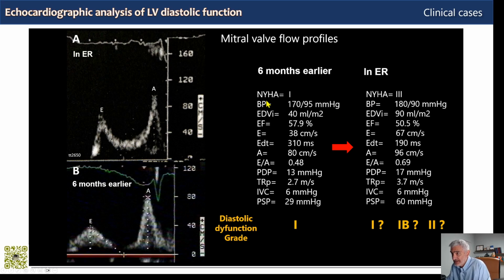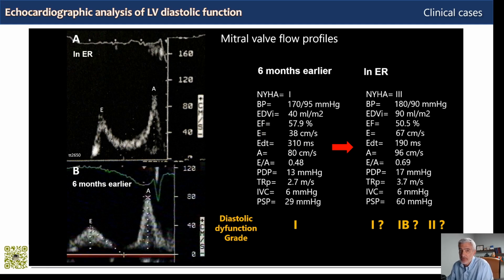New York Heart Association is class 1; 6 months earlier he was asymptomatic and now he is dyspneic. So blood pressure, which is the afterload of the left ventricle, is mostly unchanged. The end diastolic volume index 6 months earlier was 40, which was normal, and now it has more than doubled. Ejection fraction went from 58 to 51, so significantly decreased, and we must remember that ejection fraction changes should